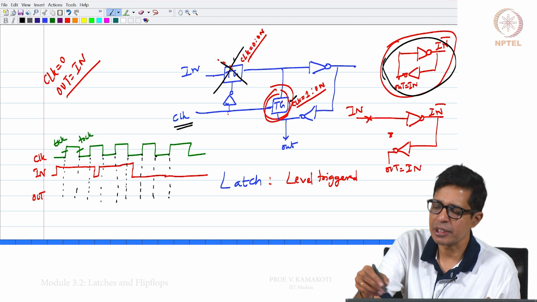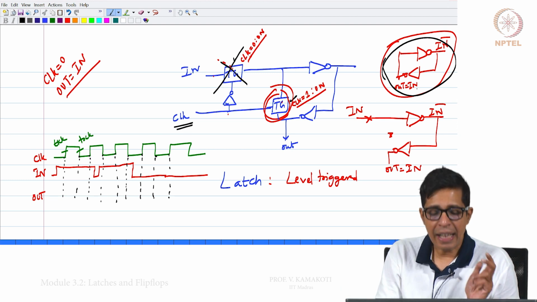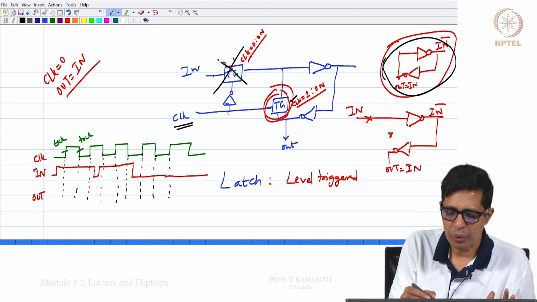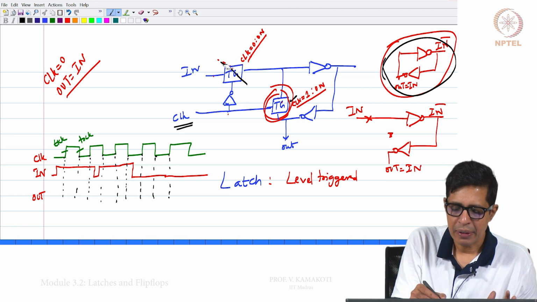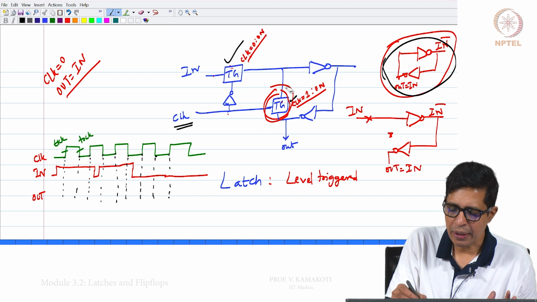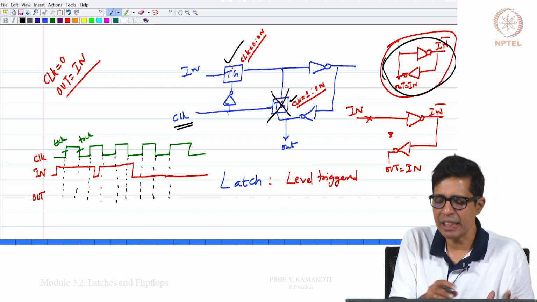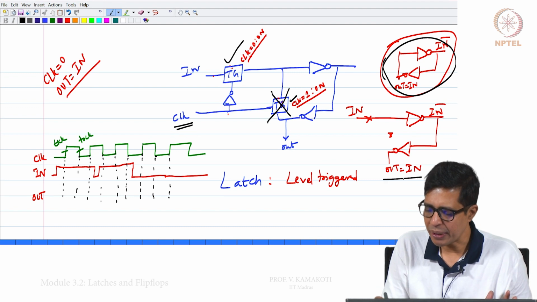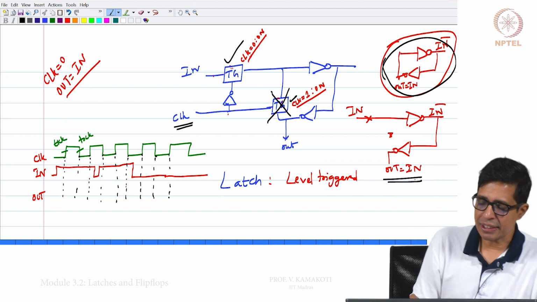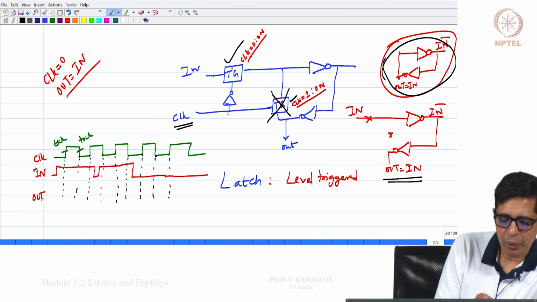It will be just going in circle. Again when the clock becomes 0, then what will happen? When the clock again becomes 0, this will become on, this will actually become off, and then the fresh in value will start, out will become in. So, let us look at this.